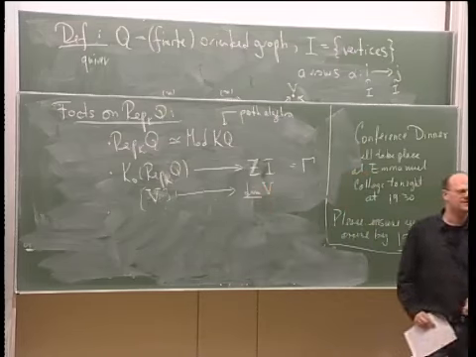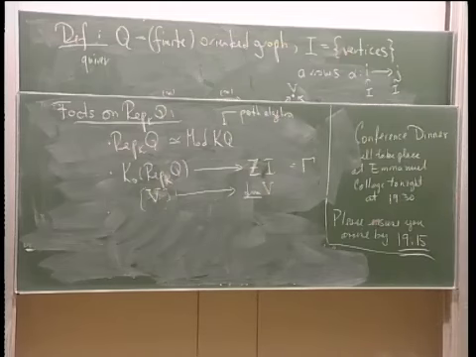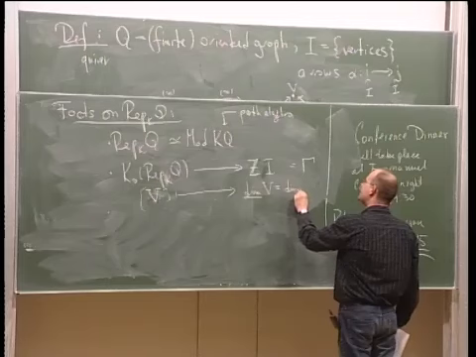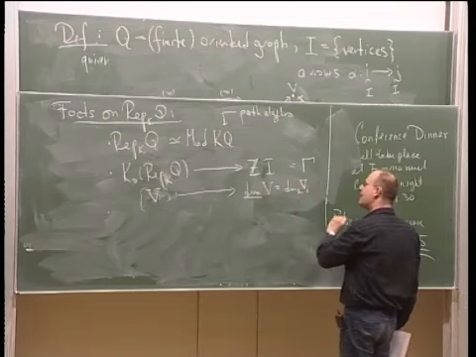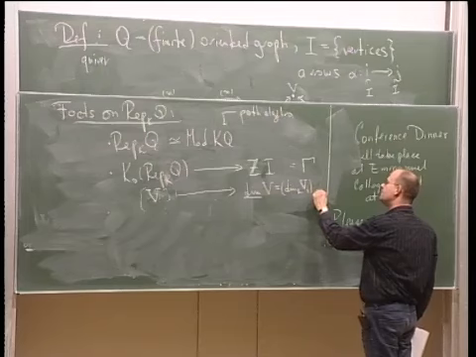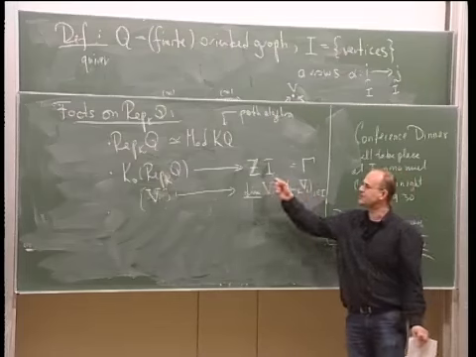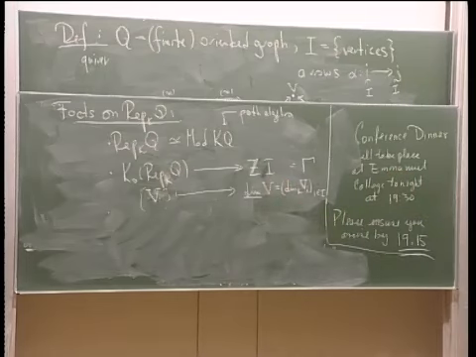What is the dimension vector? Well, recall what V is. It's just a collection of vector spaces, one vector space for each vertex. At each vertex, you can take the dimension. So take the k-dimension of the vector spaces Vi, and collect them all together. This is then an element of the free abelian group generated by I, and that's called the dimension vector